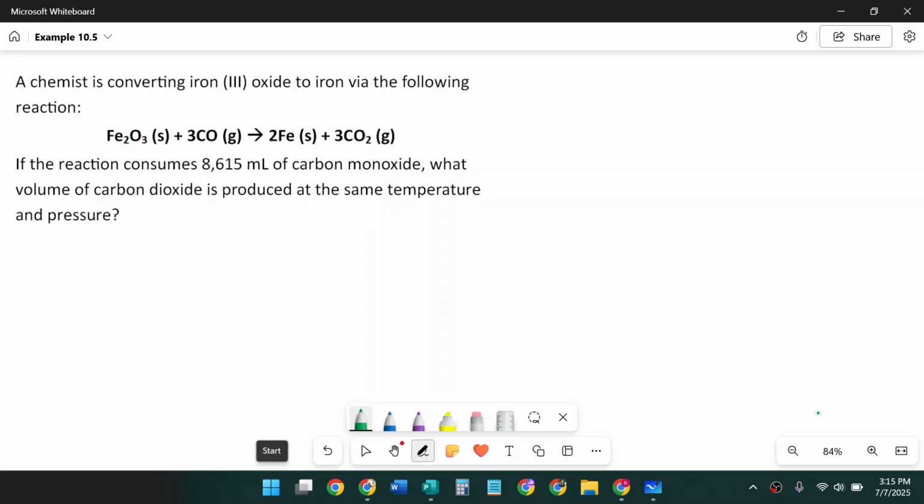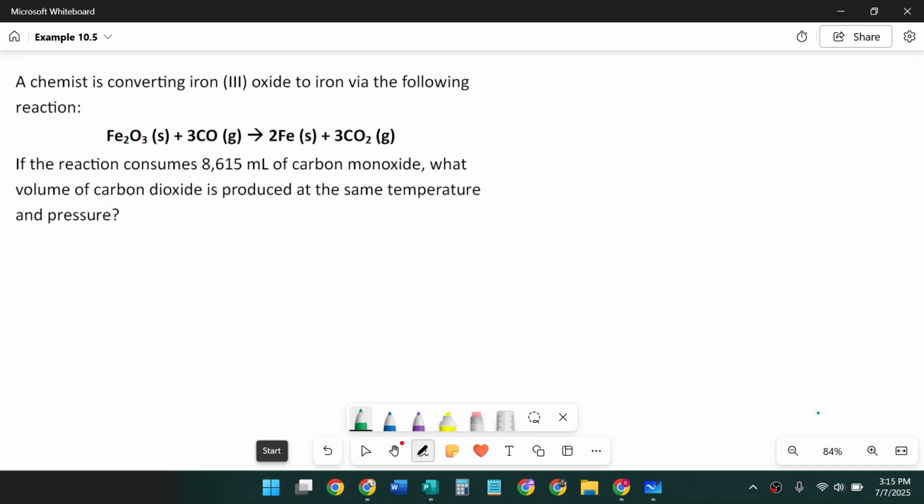This is example 10.5 from Discovering Design with Chemistry. A chemist is converting iron(III) oxide to iron via the following reaction, and then it has a chemical equation. If the reaction consumes 8,615 milliliters of carbon monoxide, what volume of carbon dioxide is produced at the same temperature